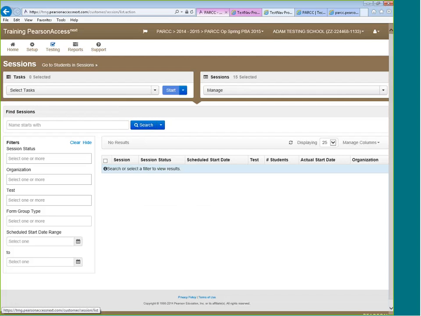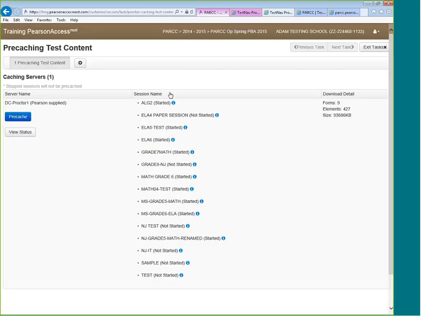All right, so again, I don't have them down here, but they're still in my cart because I never removed them. So why don't I pre-cache some test content? Here we see a lot of different sessions. I'll go ahead and pre-cache, and they're different tests, different math, different grades, different ELA.